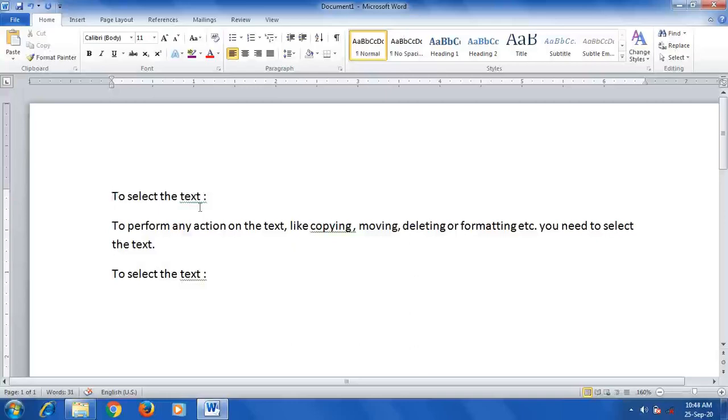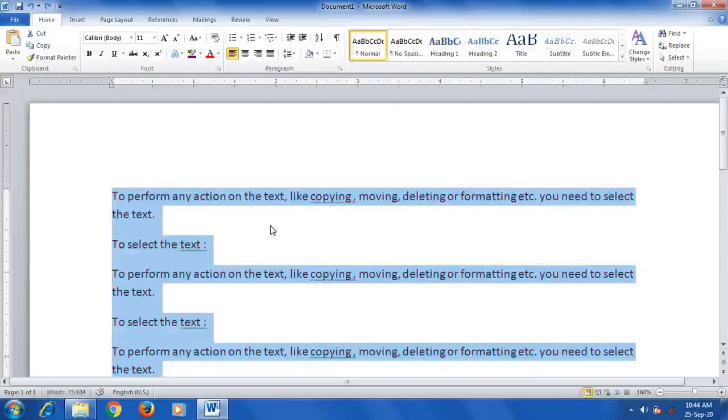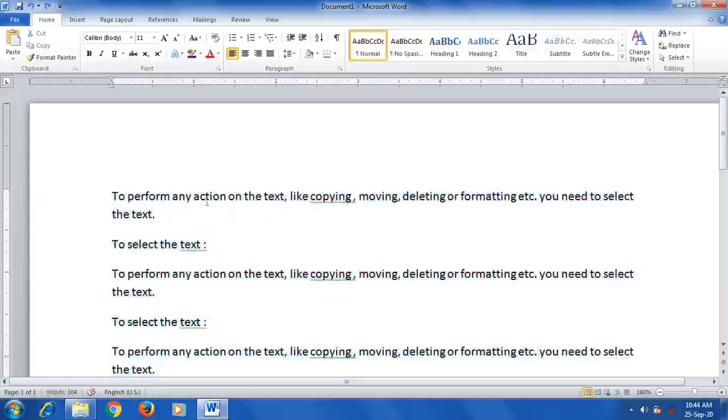Okay, there are different points in a selection also. Here I will show you. Okay, for your knowledge, if you want to select only one word, then just double click on that word. Only that word gets selected. For example, now I want to select only this word, then just double click, that word gets selected. Next, if you want to select one sentence, what does that mean? Where you get the full stop. Till there, that line will be considered as a sentence. So here, from here to here is one sentence. Okay, so hold the Control key and click anywhere on that sentence, that entire sentence gets selected.